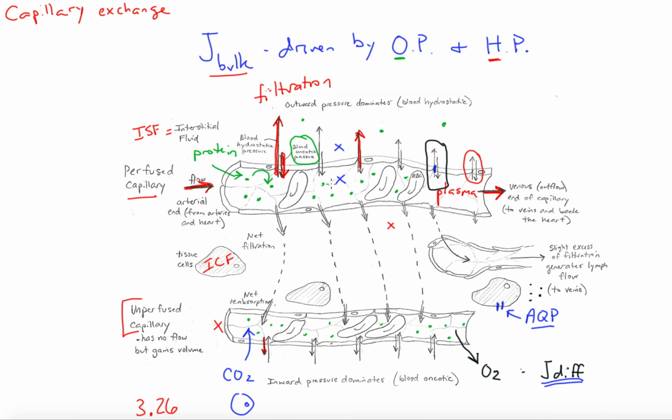So we've got one capillary filtering, right? So perfused capillaries filter, and unperfused capillaries reabsorb. And so that's why we have these arrows, right? Sort of moving fluid from the capillary that's filtering to the ones that are reabsorbing, right? And so we've got this net movement of fluid through the interstitial space and into the unperfused capillary, right? And so it's going to pull up some fluid over time,